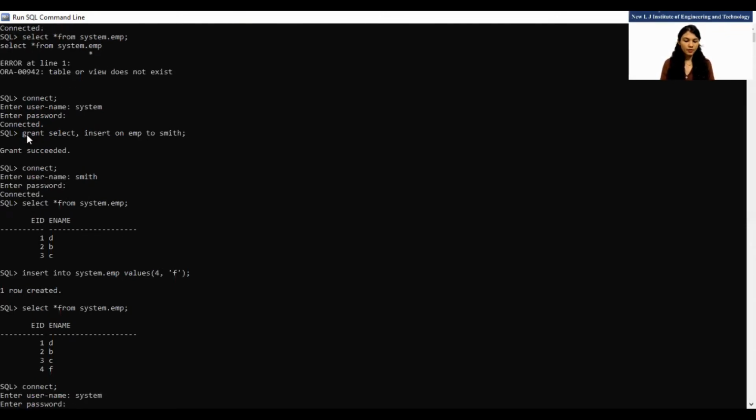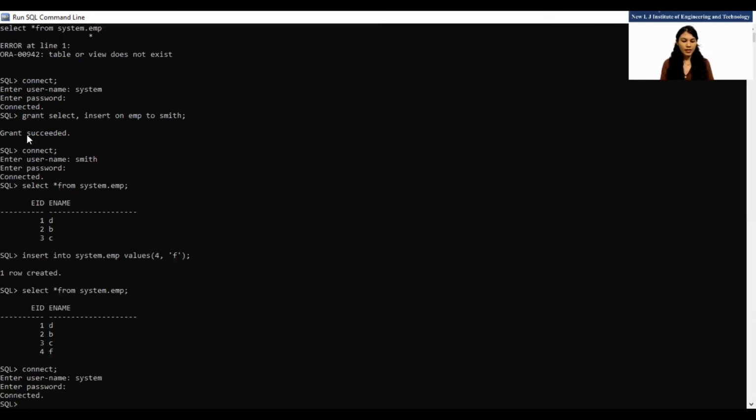Connect with system, connect it. First let me do the clear screen again, and now use this select query, but as a system I don't need to write system.emp. I can directly use emp and enter. So yes, the fourth record is already there and added by Smith, and I can access that record as system also. So now let's connect with Smith again. So here is Smith and the password is